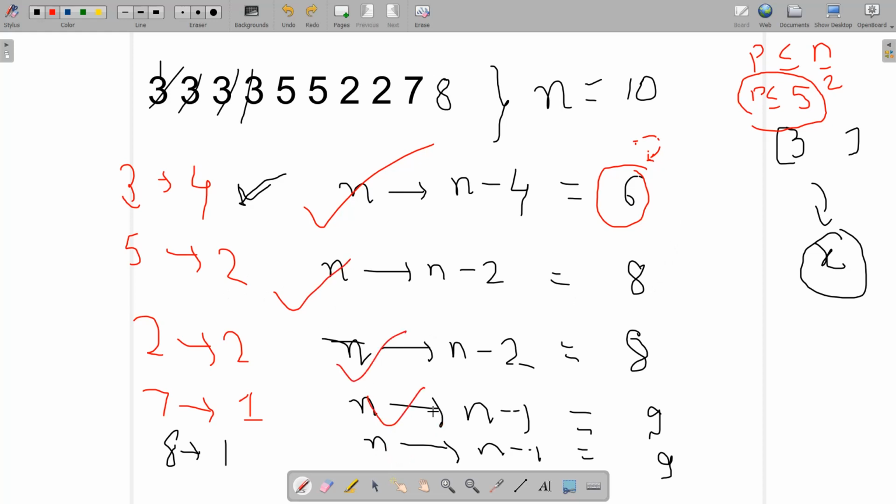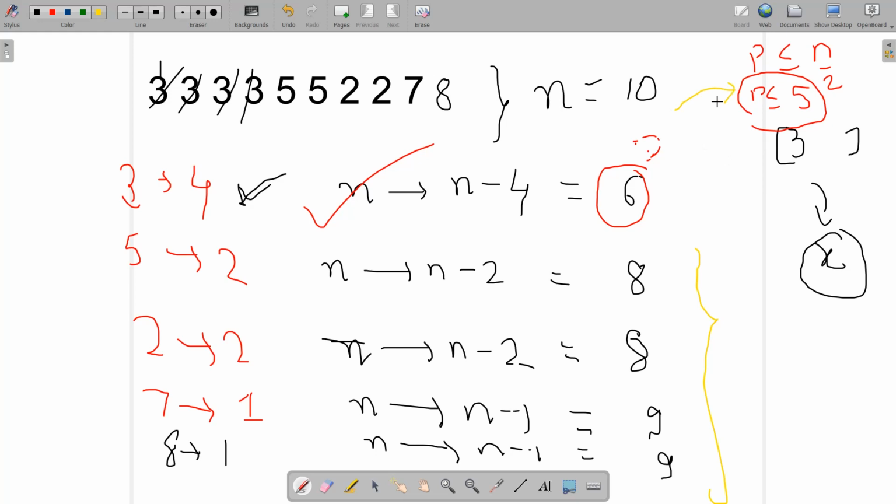So you can see that if the size of the set is 2, then if I choose this 2, 6 will become 4. And now this condition is going to be achieved. And if I choose this one, again you can see that p becomes 4. And if I choose this one, p becomes 5. Okay, so it doesn't matter now whatever elements I choose, we just need to introduce one more element into my set. And if I introduce one more element in my set, my condition p less than equal to n by 2 is achieved.